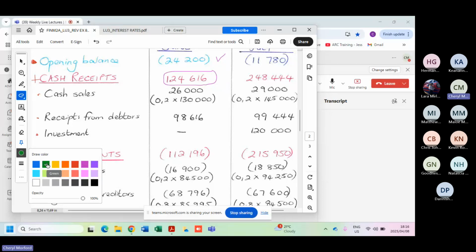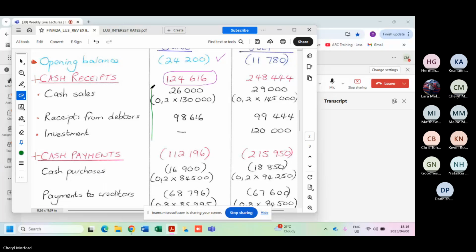Not great with colors here. You could, for example, do this. Ooh, all right, like that. Like you sometimes see on a balance sheet. That would actually make it look quite zhuzh if I could just fit that in there like that. You could put a box around all of the cash receipts and pop the total on top.